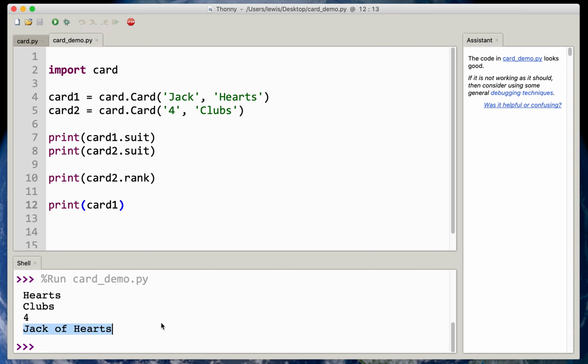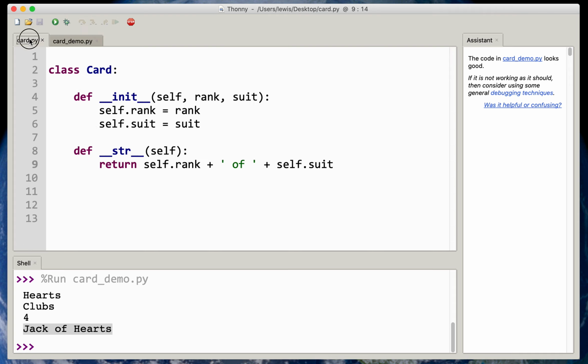Get the other output, and then I get Jack of Hearts. When I print card 1, that is the Jack of Hearts, but where does that come from? Going back to our card class, it comes from the purpose of this other dunder special method, the string method. Its role in life, just like the init method's role is to initialize the data that's stored in the card, the role of the string method is to return a string-based